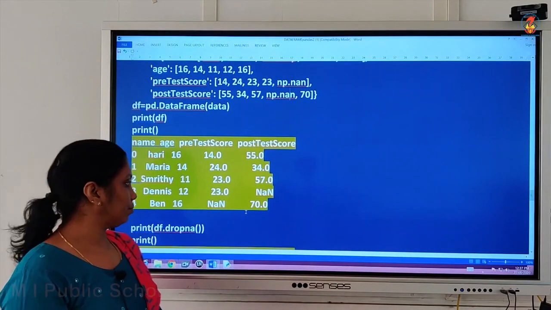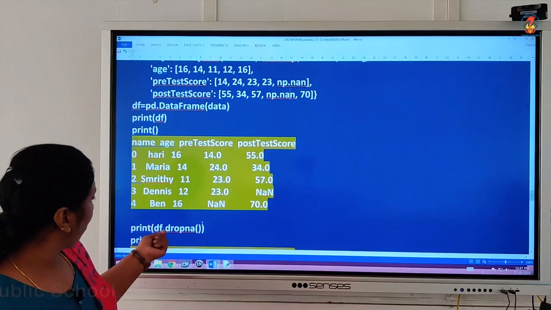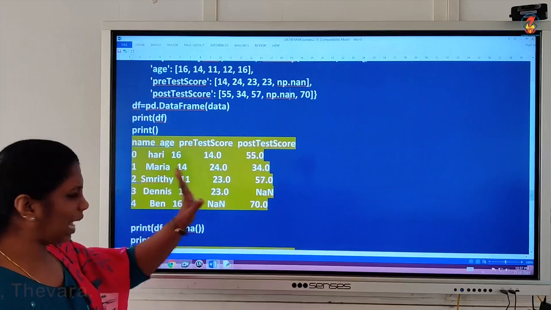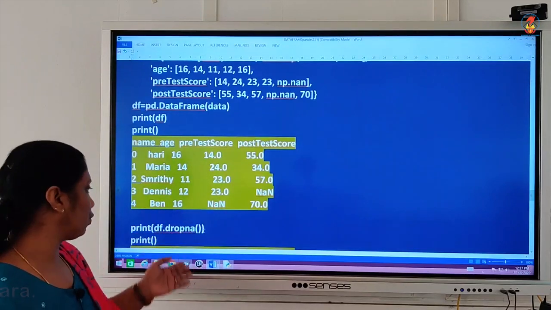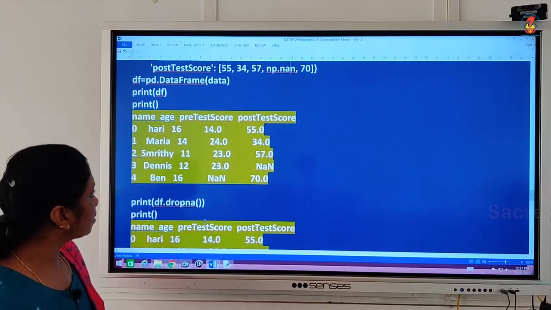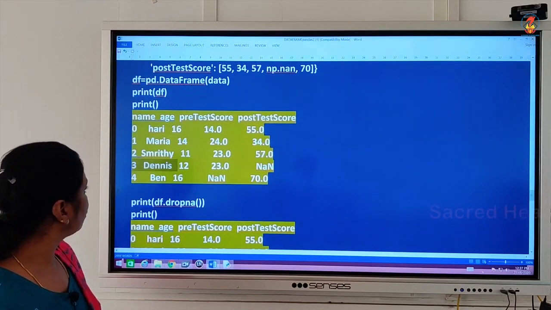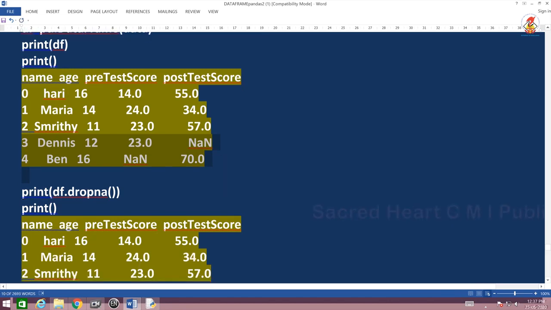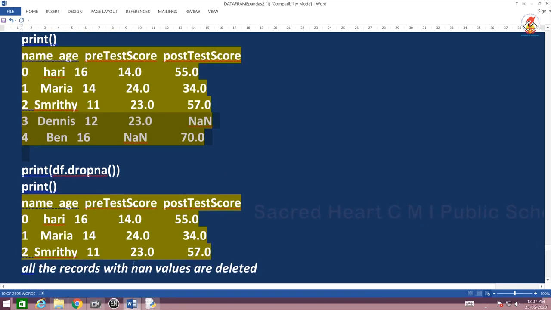The usual data frame. Now, if I give print df.dropna now without any argument, we have arguments. If you give this without any argument, it will just delete these two. That will not be displayed, and you have the new output like this.